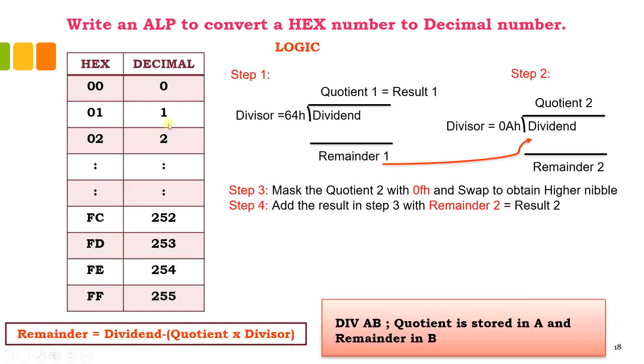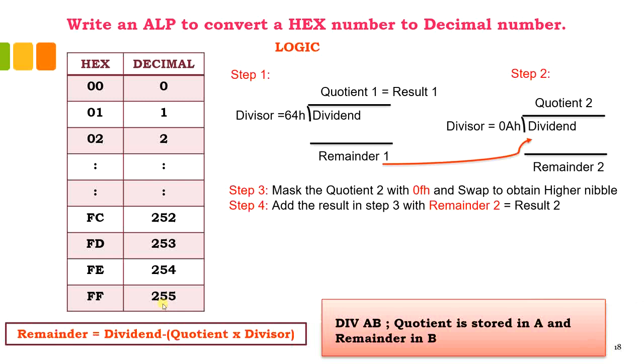And the decimal equivalent of 00 is 0, 01 is 1, 02 is 2. Similarly, if you go on calculating till FF, you will get the equivalent numbers in decimal value. So FD is 253, FE is 254, FF is 255. If you are finding it difficult, you can always use your calculator. Keep it in the base mode. Type your number in hexa. Find out its equivalent in decimal. You will come to know what the result should be.